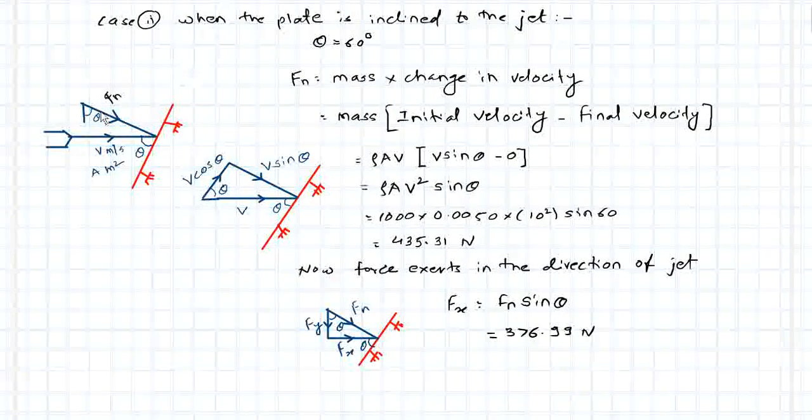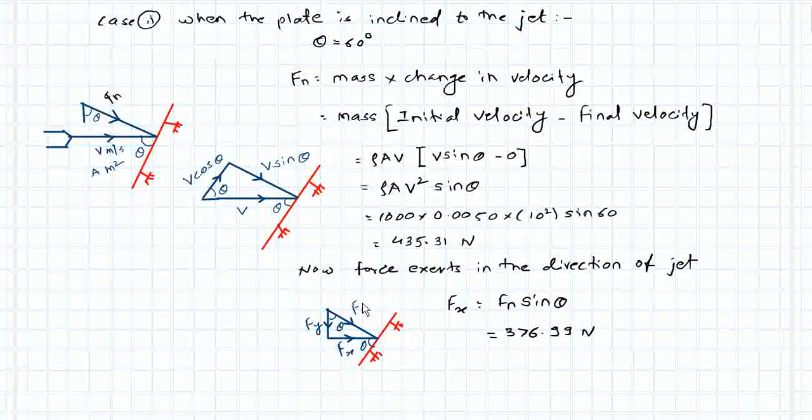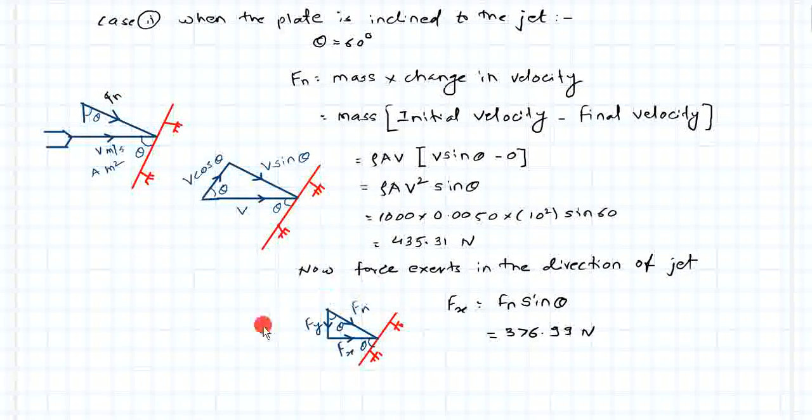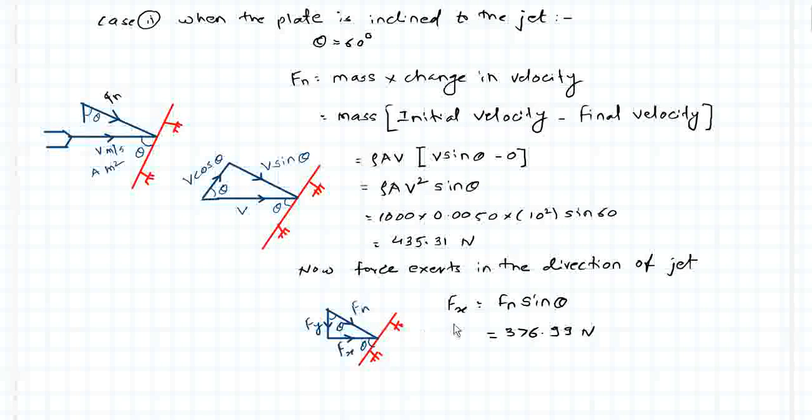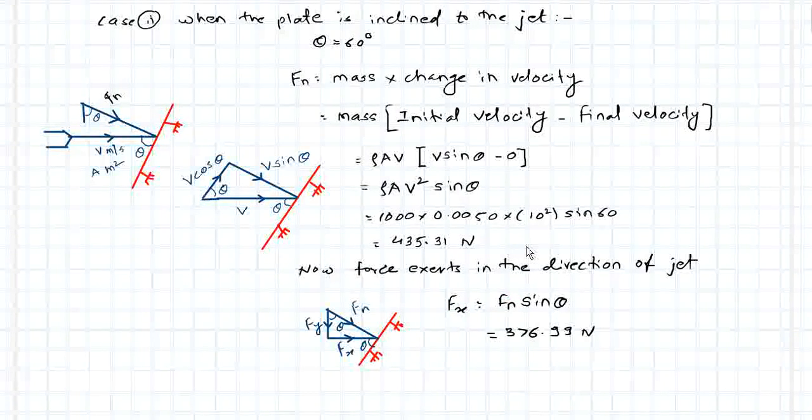As the force is exerted due to the normal force, we can resolve the normal force in xx and yy direction. So we get the triangle, Fx in xx direction, Fy in yy direction. By seeing this triangle, we can say Fx is equal to Fn sin theta. Put the respective value and we get the